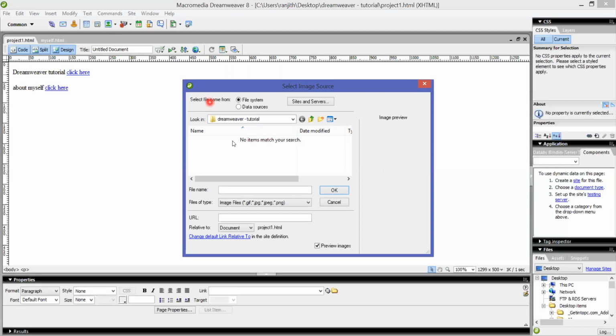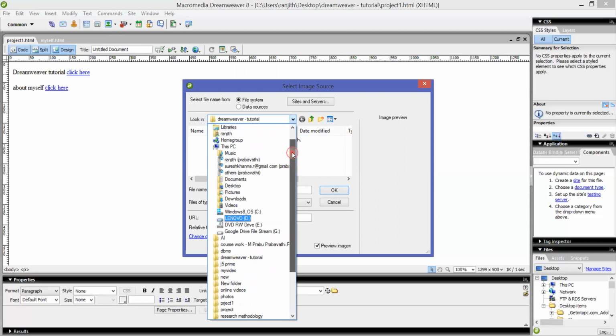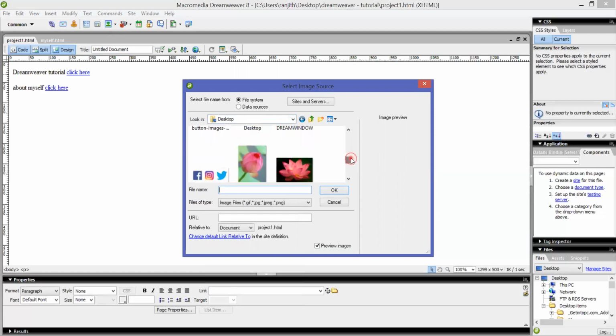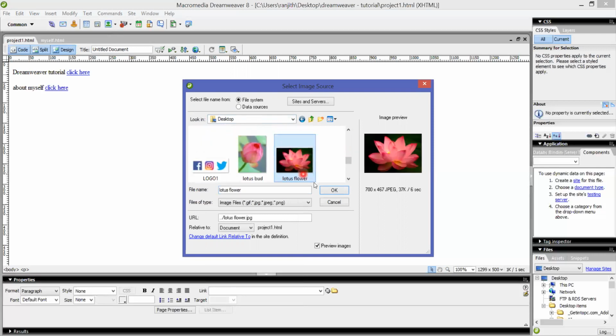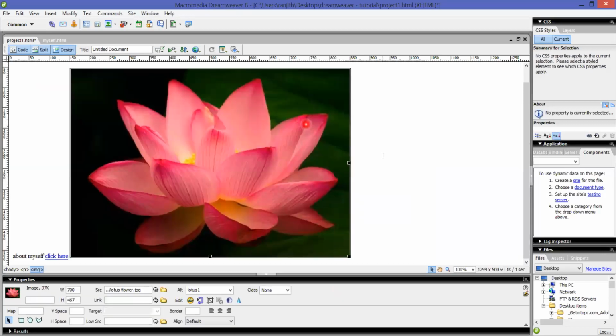It's showing inside Dreamweaver tutorial, so I'm going to select desktop. Inside the desktop, let me choose some objects. Now let me choose this lotus flower and give it as OK. Give it as lotus 1 and then give it as OK. This is how you insert the image inside.